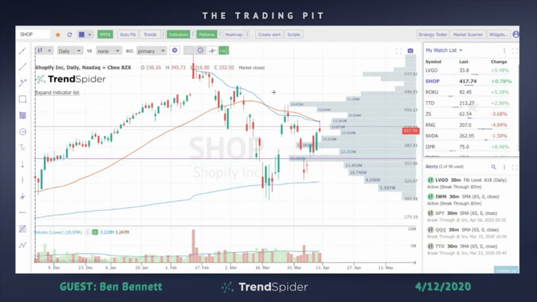Those areas of support. You could also see this goes back a little further, but that was a big area of volume too. When we were looking at the volume by price, you kind of knew as you came into that area it was going to act as resistance. And it's counter trend too, because as these moving averages are rolling over, you want to be quick with taking profits. If you do catch it off the bottom, you're in a trade counter trend. You don't want to wear out your welcome.